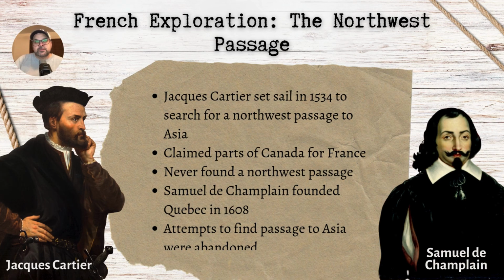So once Christopher Columbus and his voyages reveal that there is some sort of landmass in the ocean, right? They're trying to find a way to go around whatever that landmass in the middle is. So France is trying to find a way around North America, just like the British were as well in 1597. So you have Jacques Cartier, yes, of the Cartier family, yes, of the Cartier brand. He embarked on a mission to find this passage in 1534, but he is unsuccessful.